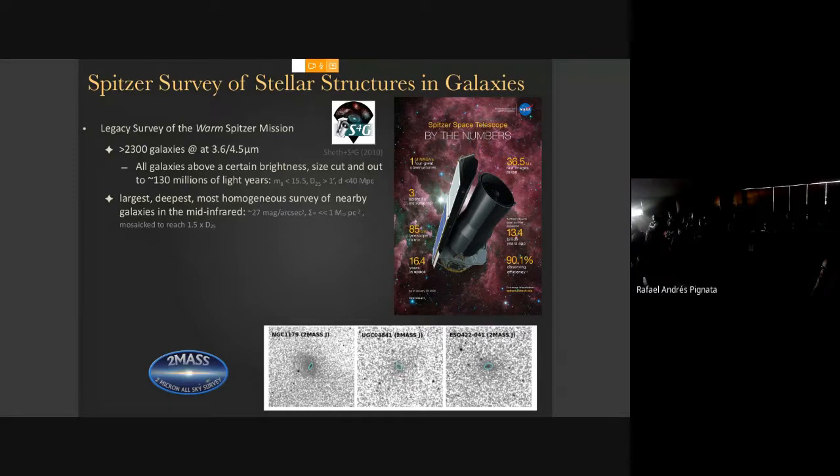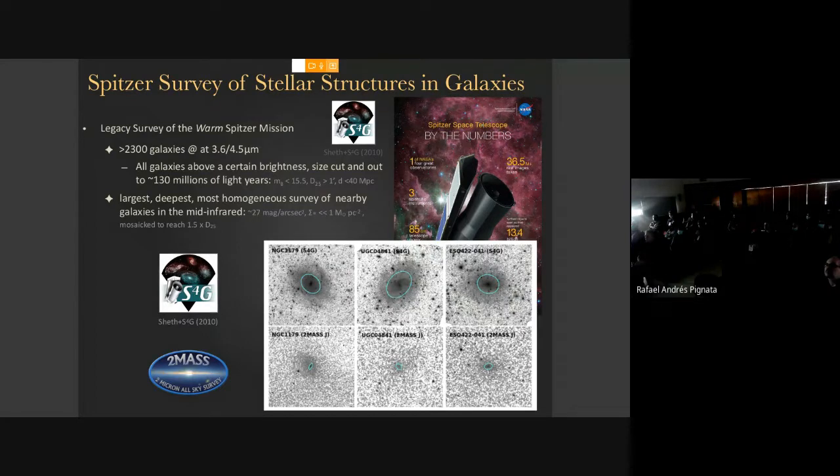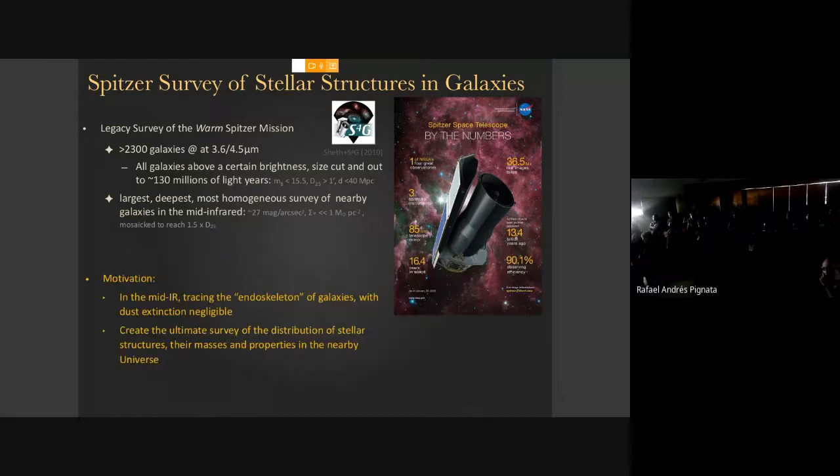And this is just to give you a sense. Many of you perhaps already know 2MASS. This is a survey that many of us have actually used. This is in the near infrared, sorry, the HK bands. And when you compare this in galaxies, these are the images that you have from S4G. And you can actually see, at the same scale, you can really go down quite deeply in the outskirts of these galaxies.